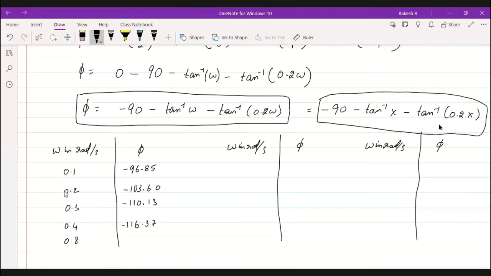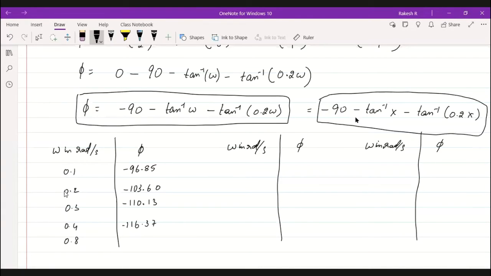Just press calculate there. Solve option is there now. You need to press that one. Sir, if 90 was written in terms of pi by 2, then we could have put it as it is, sir. But now the omega is in radians per second, so it is not possible, sir, because 90 is in degrees.